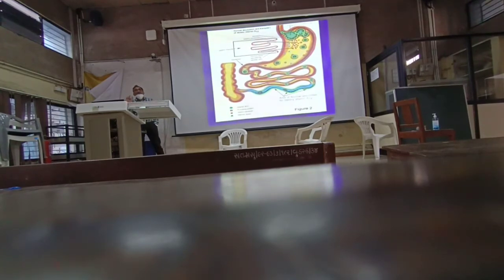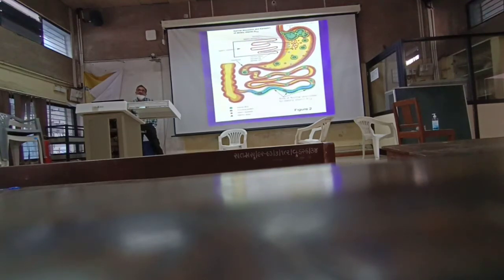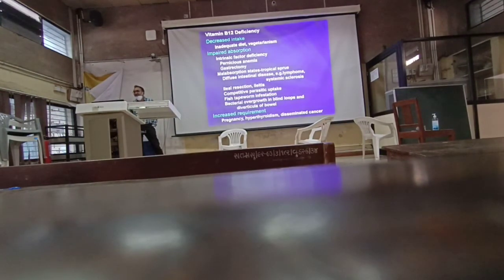So this combination of intrinsic factor and vitamin B12 complex will travel through the whole of the intestine, and absorption of vitamin B12 happens at the level of the terminal ileum. Is it clear? So the absorption of vitamin B12 is at the level of the distalmost ileum portion. So this is about how the absorption takes place. Parietal cells, gastric mucosal parietal cells, will produce this intrinsic factor and R-binding protein.